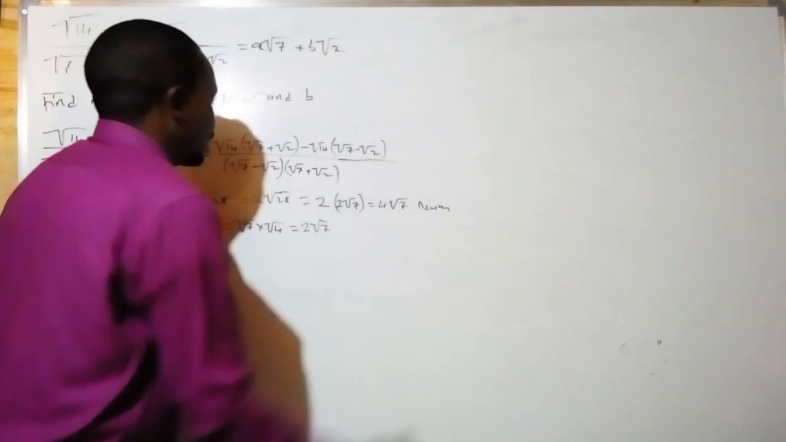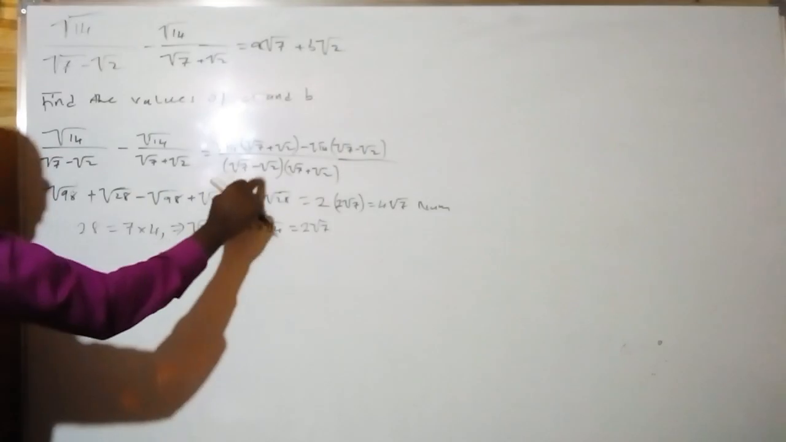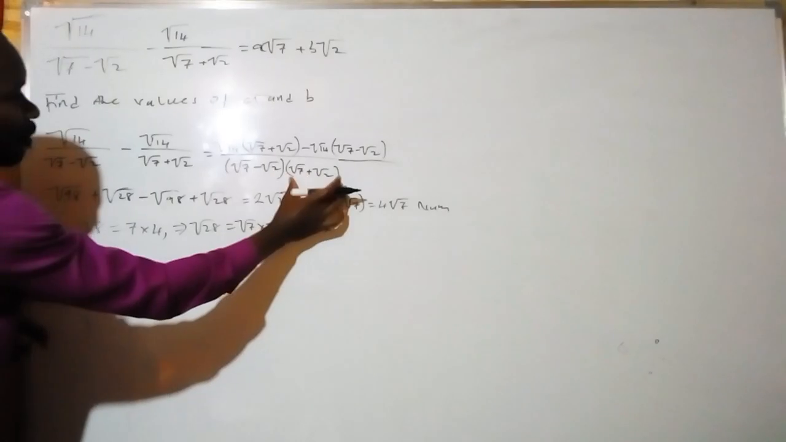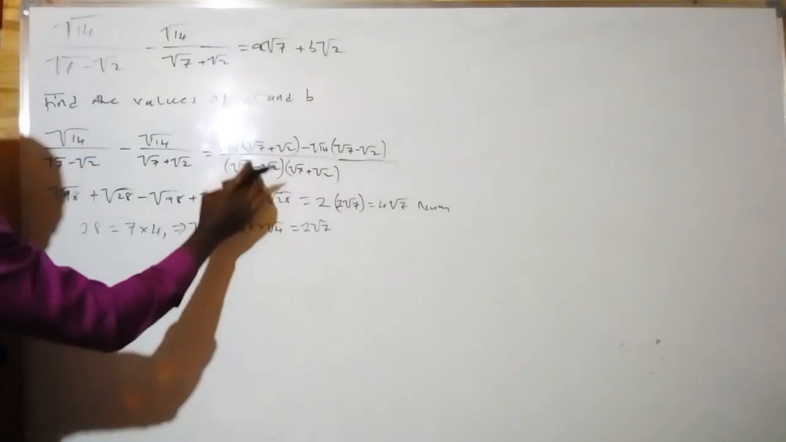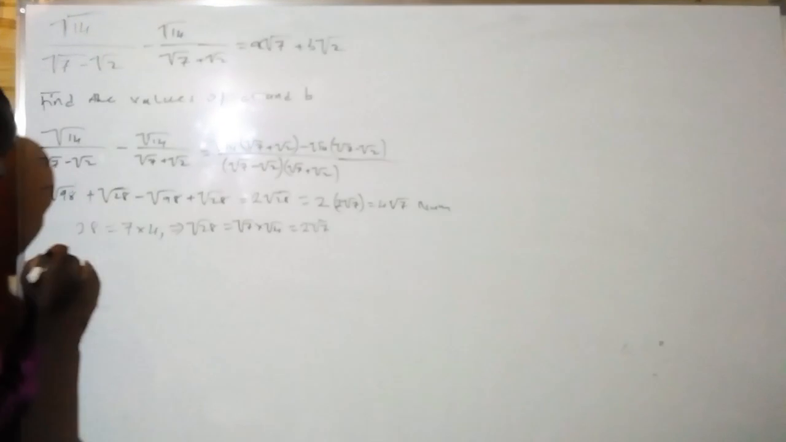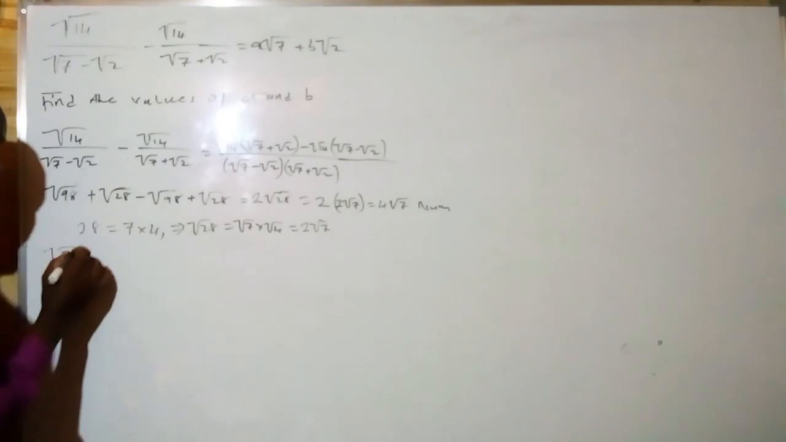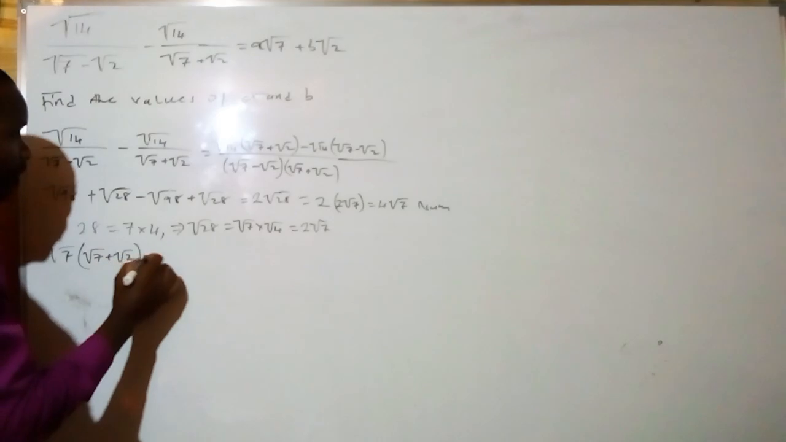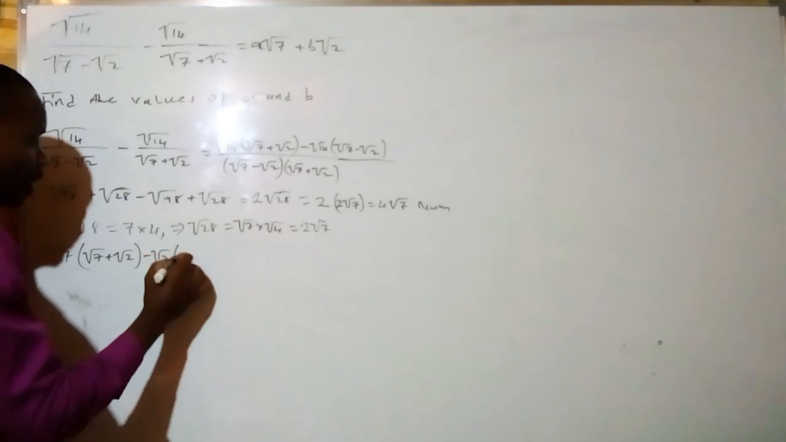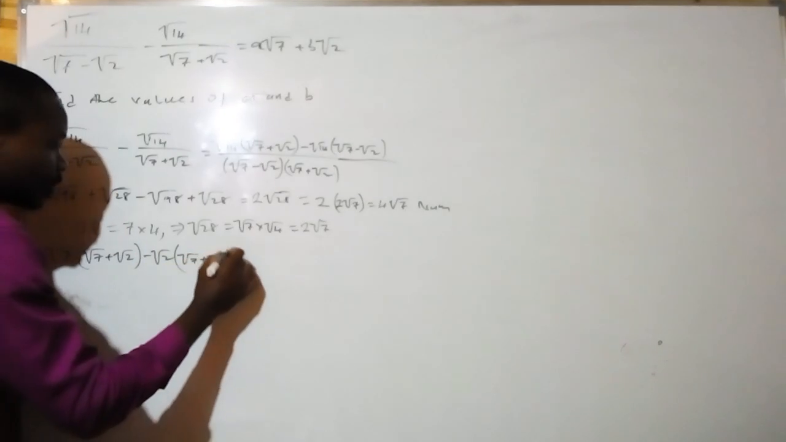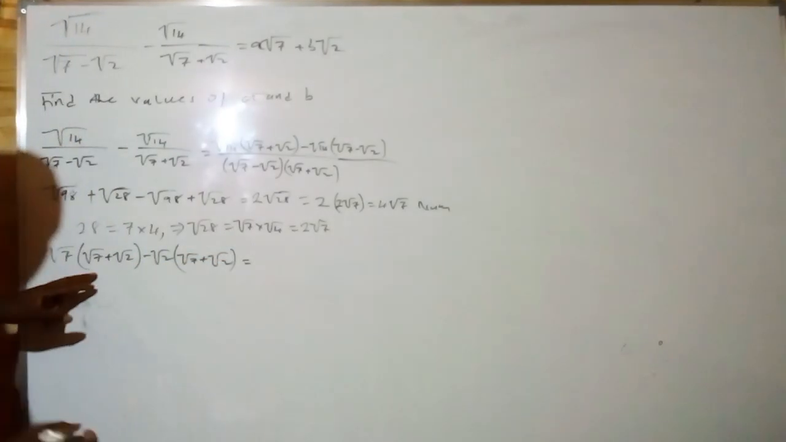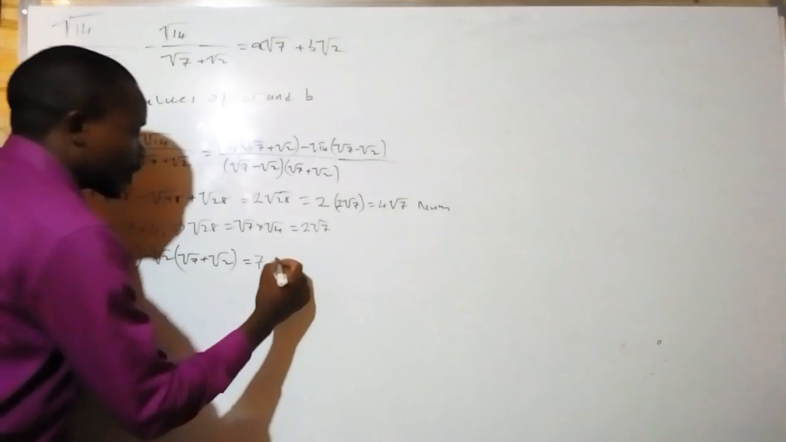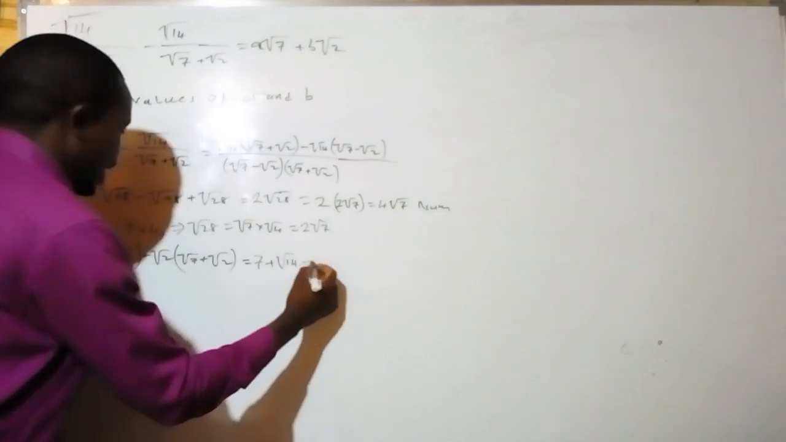We proceed to our denominator. We are going to open the brackets in these two. Root 7, you multiply by the whole of this, root 7 plus root 2. Then after that, minus root 2, you multiply by the same. Root 7, open the bracket, root 7 plus root 2, close the bracket, minus root 2, root 7 plus root 2. Root 7 times root 7 is 7, plus root 7 root 2 is root 14, minus root 2 root 7 is supposed to be